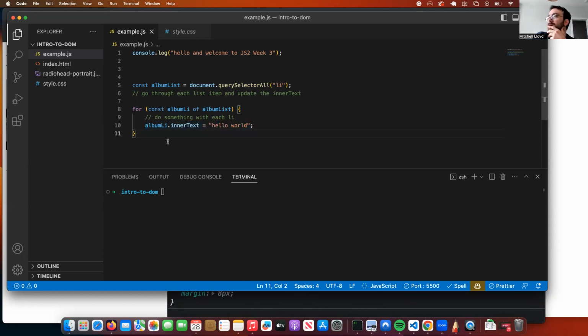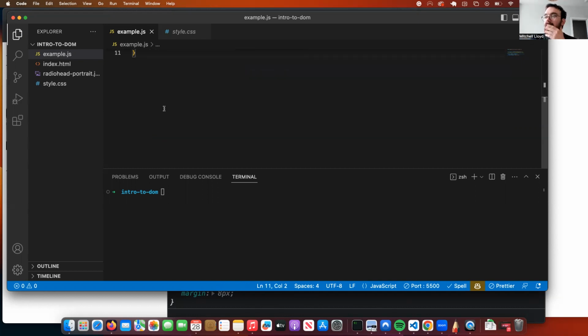Cool. So how about something else then? How about, for example, now suppose I wanted to do the following. Suppose I wanted to go through each album li and apply a class to each item. Okay, so this is the kind of standard thing you often want to do when you're working